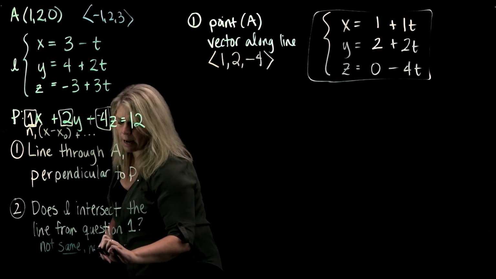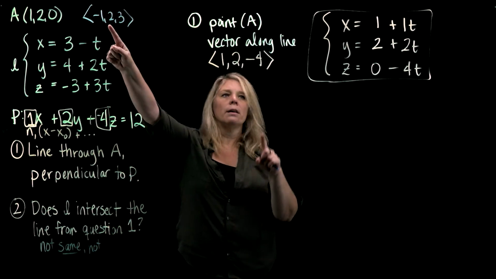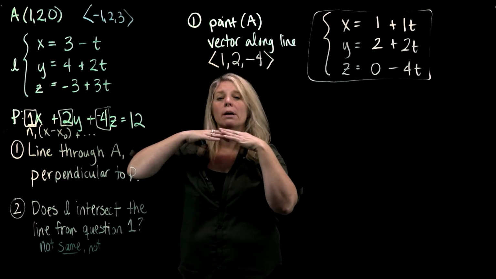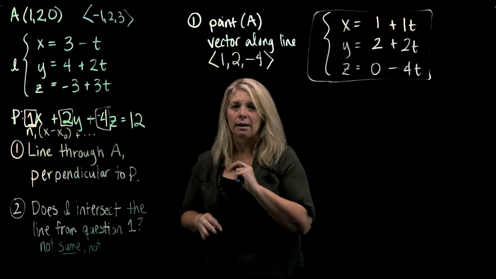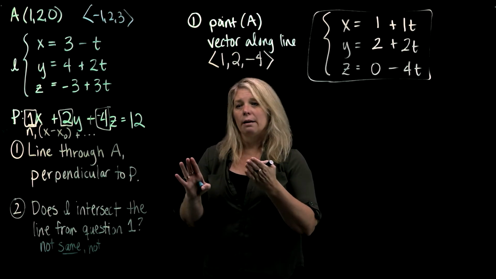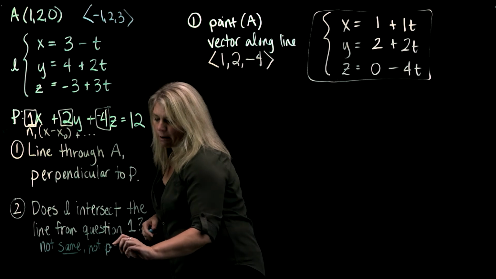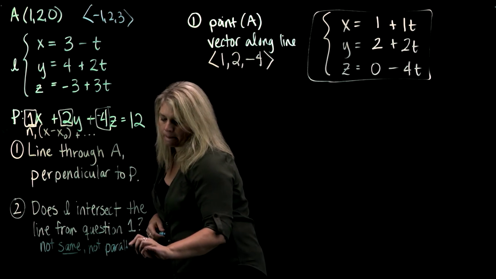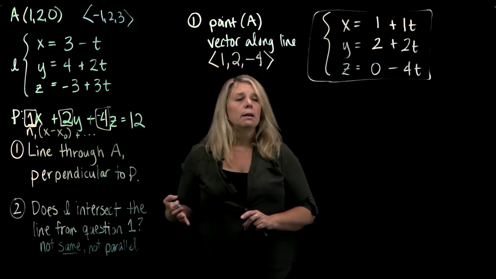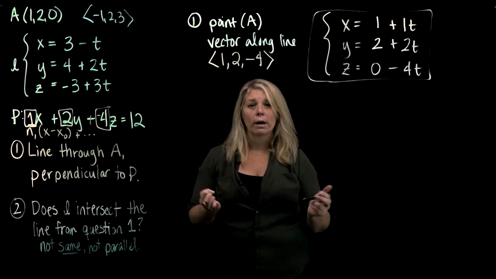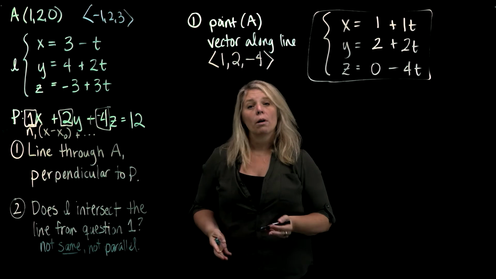and they are also not parallel, because if they were, these two vectors would have to be scalar multiples of each other. They would have to be going in the same direction or perhaps exactly opposite directions, but they might have different magnitudes. So not the same line and not parallel to each other. So that leaves two possibilities that these two lines could intersect. If they do intersect, it would be at a point, an XYZ point, or it could be that they are